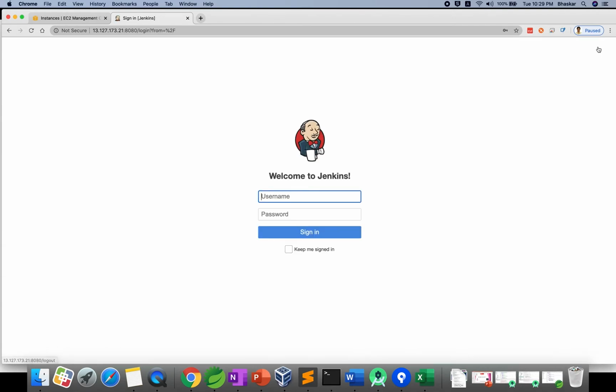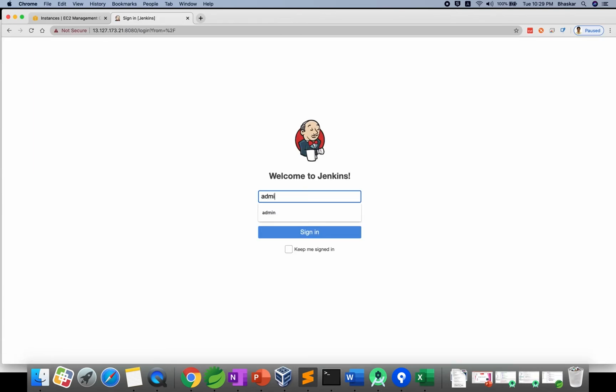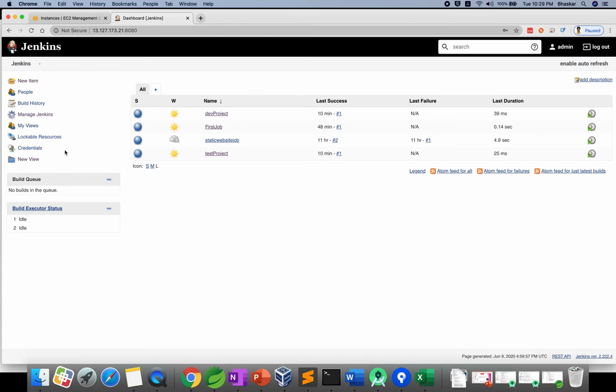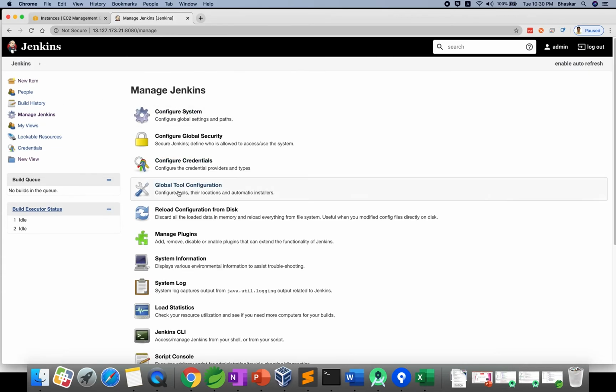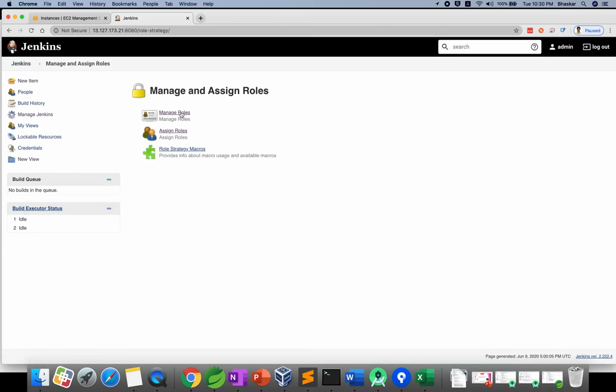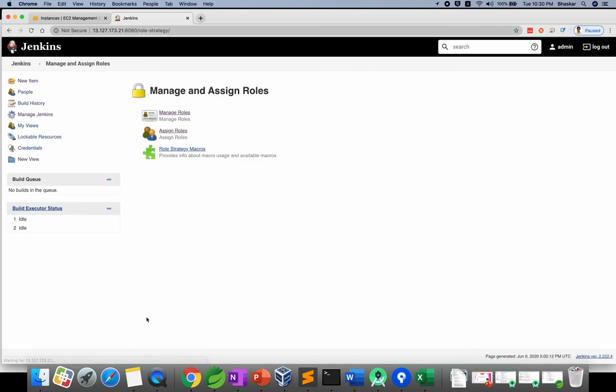Just let me log out. Go and check with test1 also to see what it is throwing. See, this is also missing. I will go and configure that action. Maybe in this way you can do R&D on this part, so you will understand more things. If you practice well, then only you will understand. In manage roles, I am giving read permission, these 2 actions. Now just go and save.